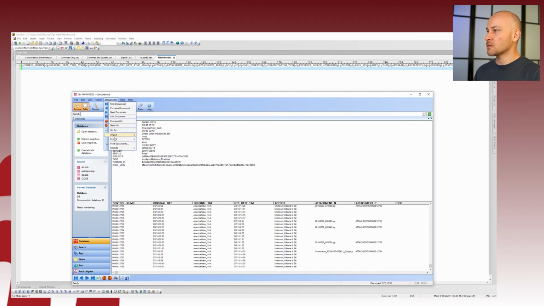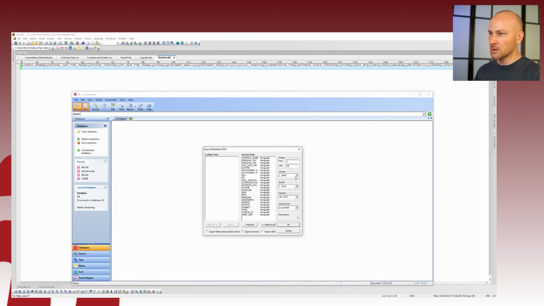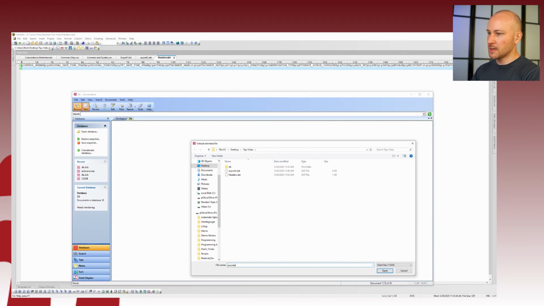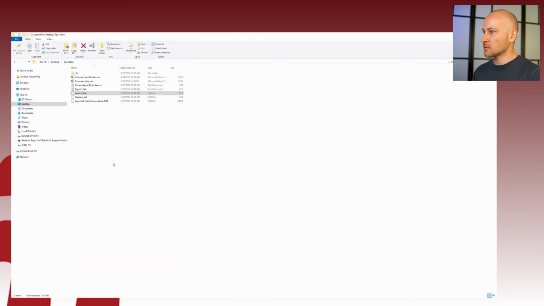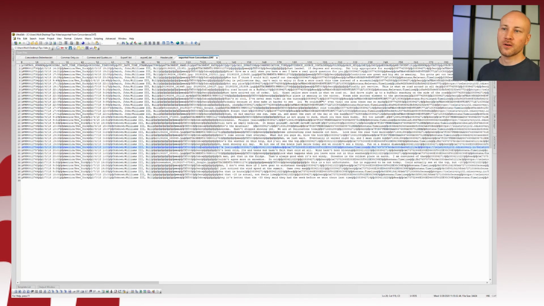And then we're going to go to Document, Export, Delimited Text, Export Dialog Box. Now we want to reset our delimiters, so we're going to pick our 20 to 54. We're going to include everything, and it is up to you whether to include the header or not. Let's give it a name from concordance and go to that folder. Click on open. And now we have a DAT file that we have really high confidence will